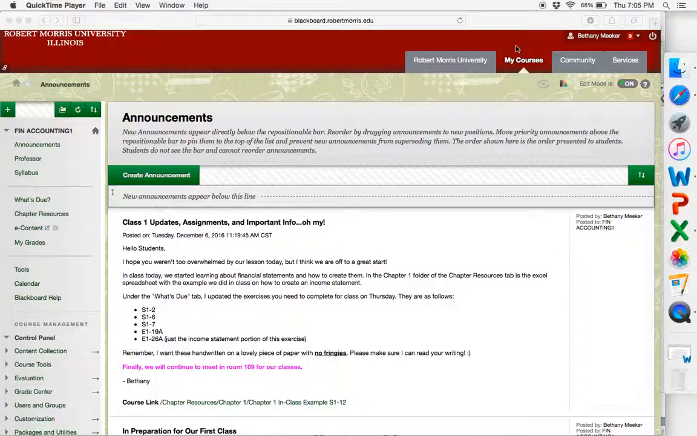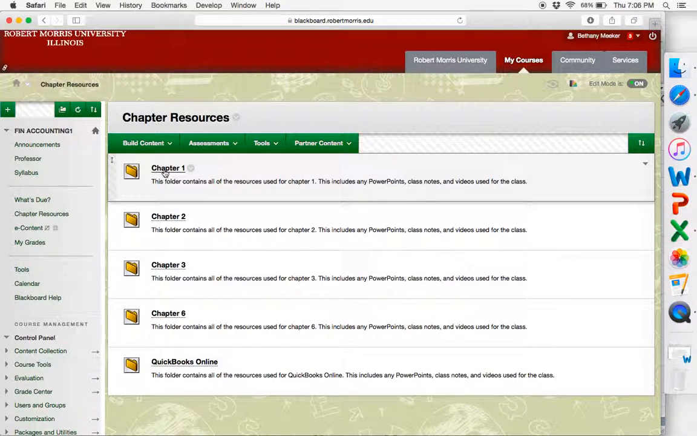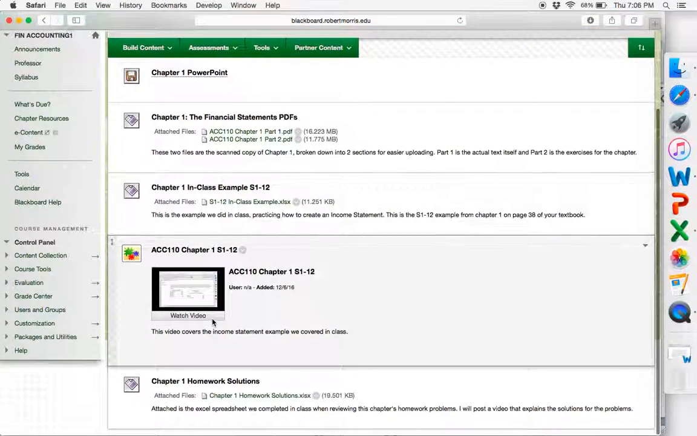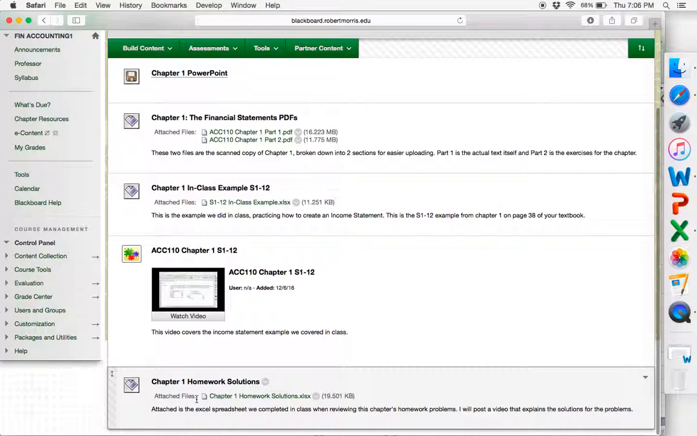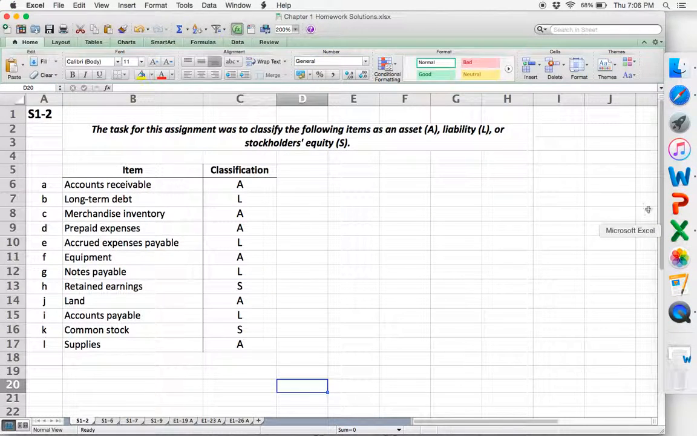So first up, I'm going to show you how you can access the Excel spreadsheet that I edited and modified after we worked on it in class. So you'll come over here to the chapter resources, and then it'll be found under Chapter 1. You'll have to scroll down here to the bottom for Chapter 1 homework solutions, and then you would just click on this file to bring up the Excel, which I've already downloaded for us. So we started off with